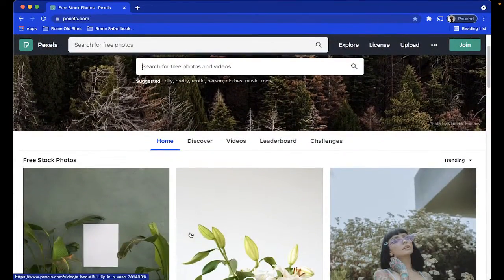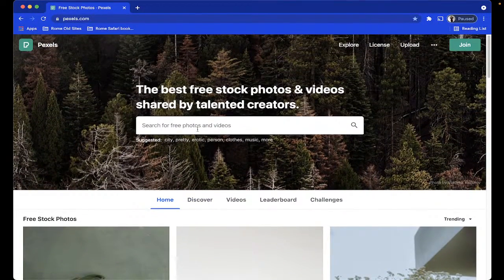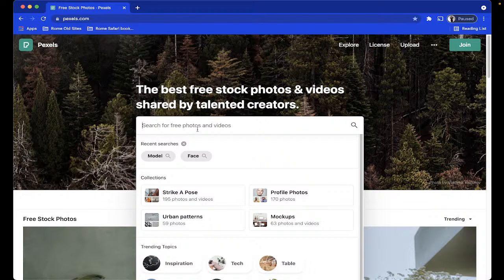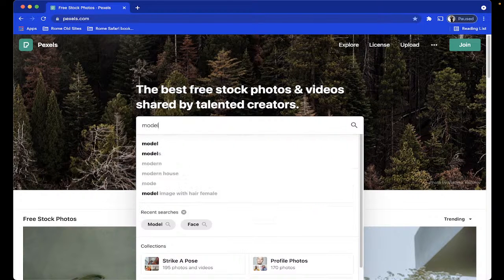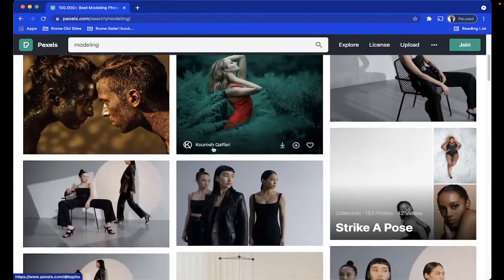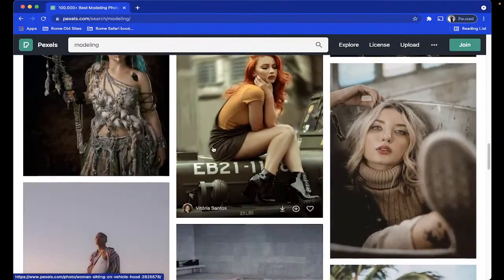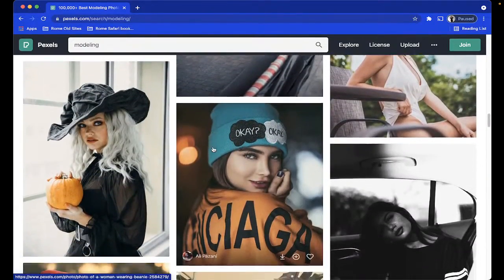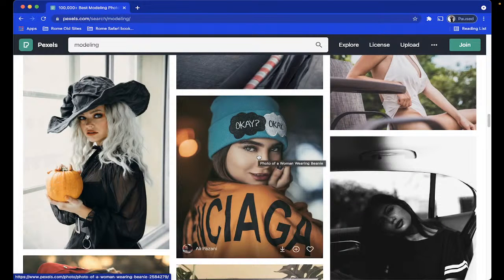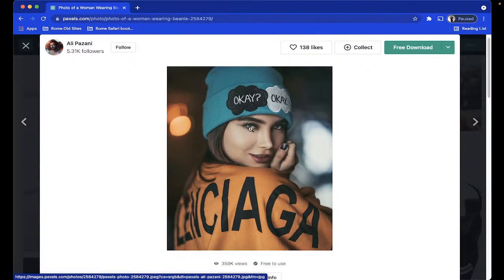But starting off this morning, we're going to take a look at a number of photos from other photographers, and we can see if we can figure out exactly where the lighting is coming from. So we're on Pixel, so you guys can do this yourself. I'm just going to go to Pixel and type in modeling as an example. Under modeling, we start to see a number of different types of photos. But what I'm really looking for is something that will indicate a headshot, like what we see here with this photo. So if we zoom in on this photo,